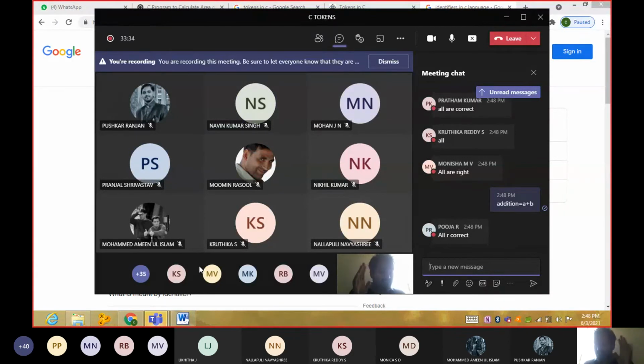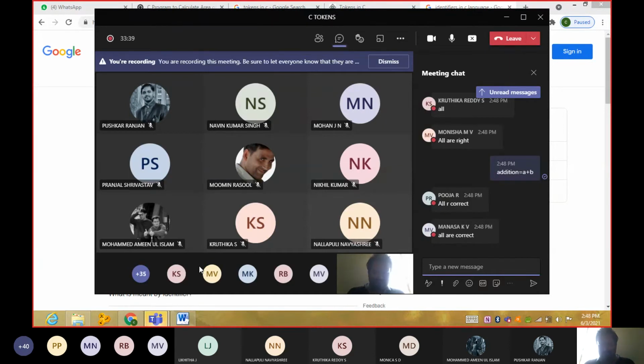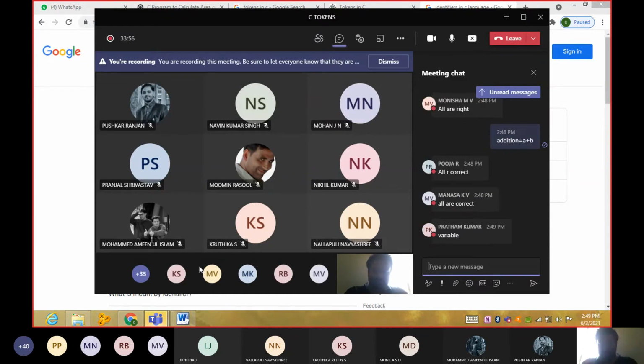So is it a constant one or a variable one? The thing on the left side, C, addition, add, sum, is that a constant or a variable? It can vary from user to user. It is a variable, right? Correct, Pratham? Others, will you agree with Pratham? So is it a constant one? I should use it only if it is a variable. It can be used for anything.